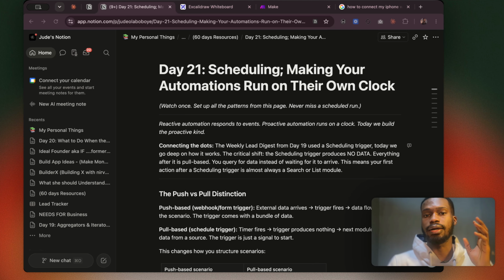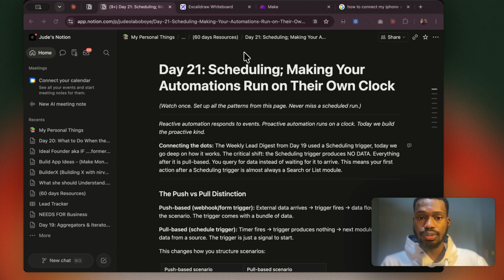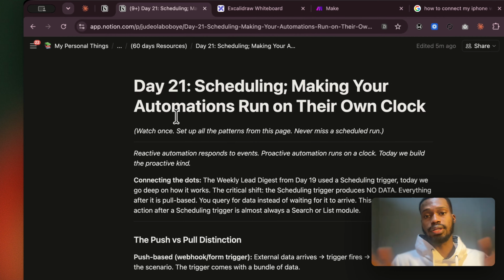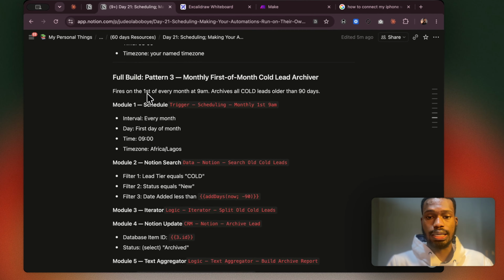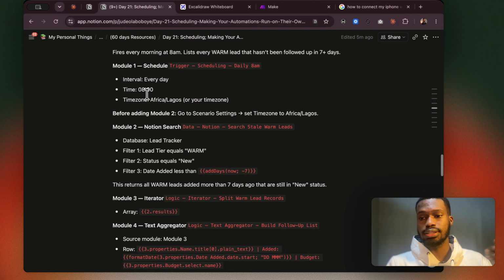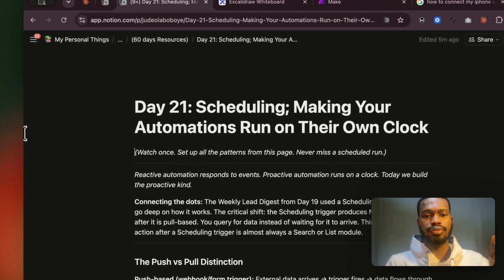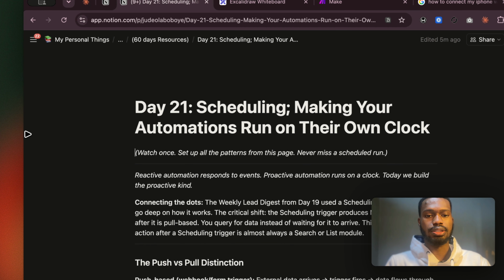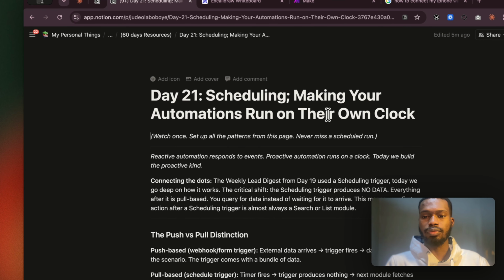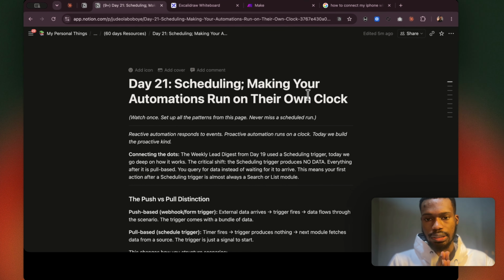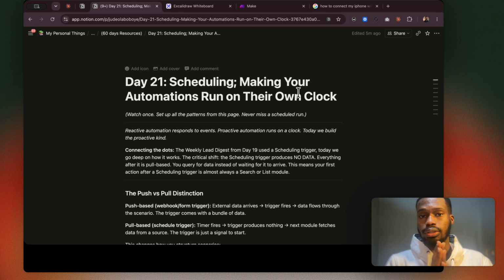layer of AI. So how we normally do this is I put together a resource where for the particular day I write every single thing out, and then I talk about it and show you a live build. Today is going to be very interesting because we've talked about scheduling. However, I believe that we need to focus more on it because we have some things that I've not shared as well. So anyway, now to schedule something basically on make.com is different from having something come in via